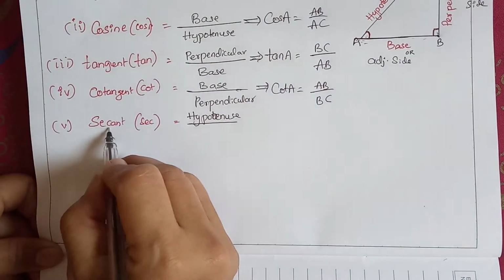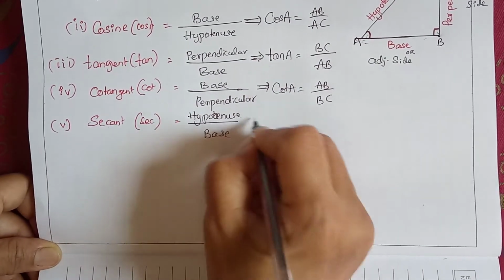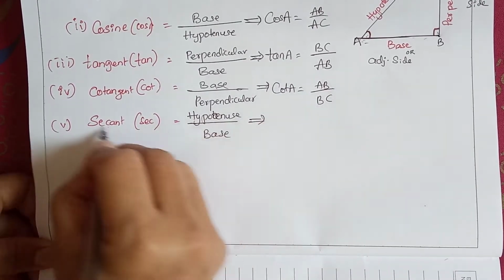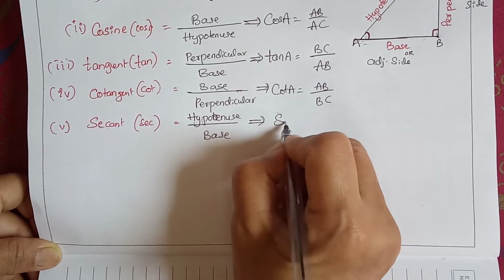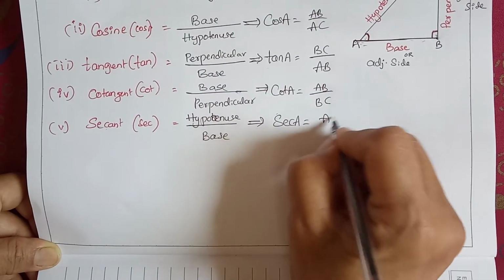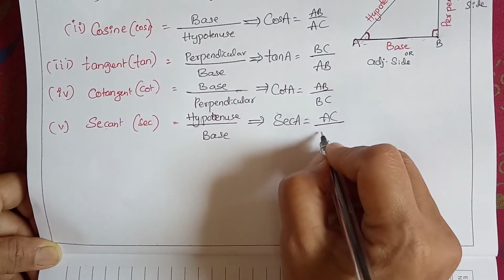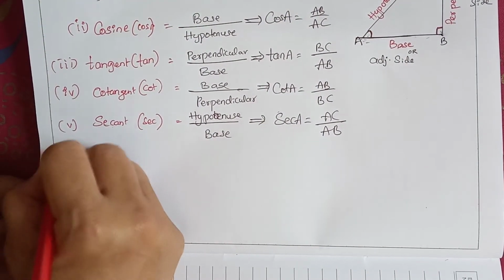Secant means hypotenuse by base. What is the short form, and what is the angle? Capital A. So sec A is equal to hypotenuse AC by base AB. Okay. Next, sixth one,